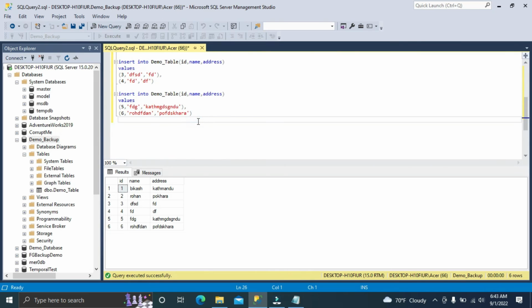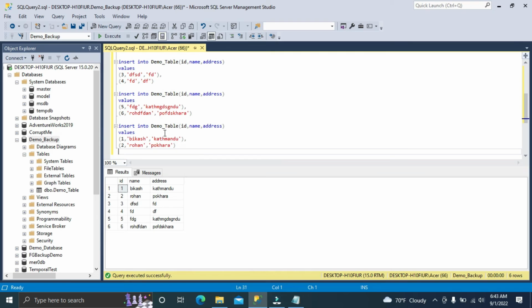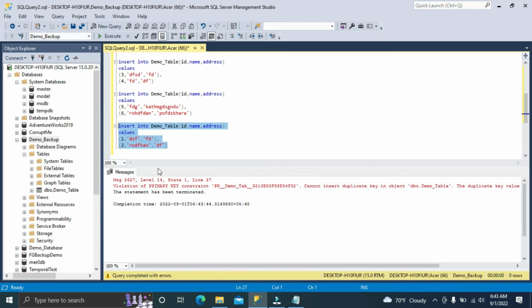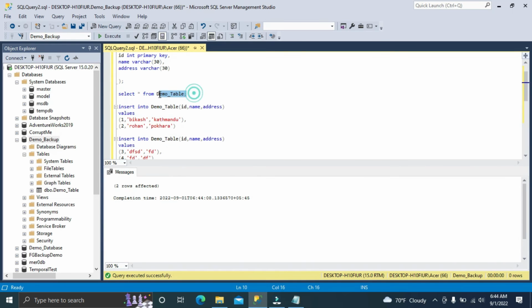So again I would like to change some data in the database. If I execute this, it says the primary key constraint cannot insert a duplicate value in the demo table, a duplicate key value violation. It means you cannot add the same ID for the primary key. Primary key must be unique and not null. So we have up to 6, so I add 7 and 8. If I execute this now, you can see we have up to